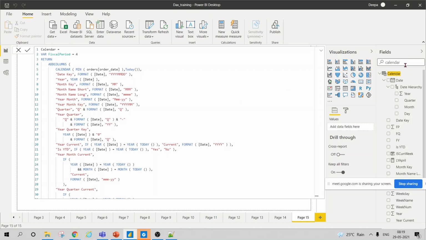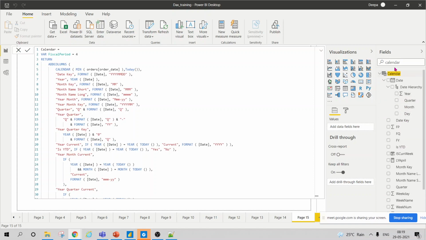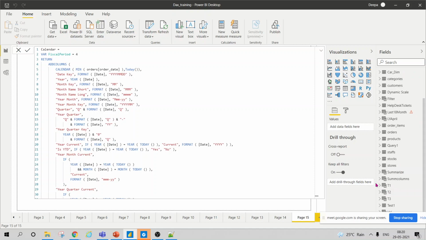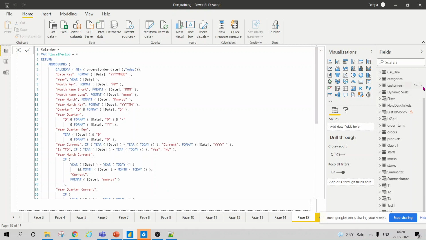Yes, Deepa. Because the calendar table will act as a bridge table, it will create one row for one date. So when you join one date with the order table, it will be one to many. And again, if you join that calendar table with the shipment table, it will again be one to many. So if you filter from the calendar table, it will be a one to many join. So that is always good in Power BI.